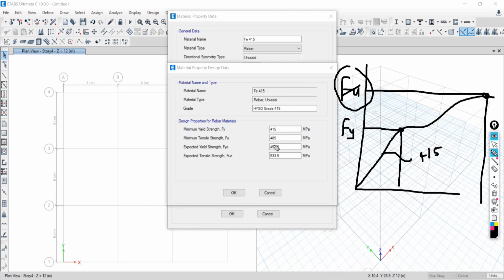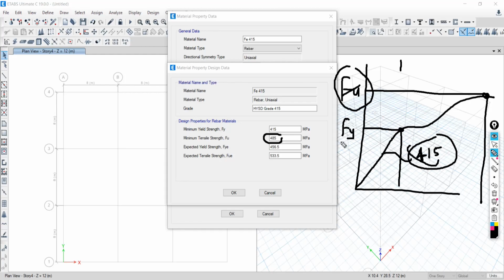But for our application, we are using a 10% increased value of your yield strength. If you want to put it manually, you have to add 10% more to this value. So 415 plus 10%, how much will it become? 456.